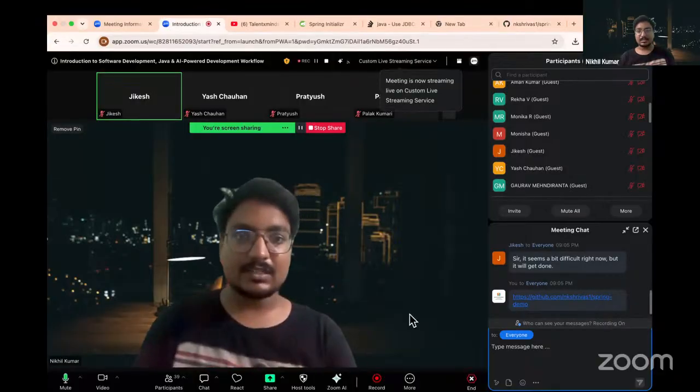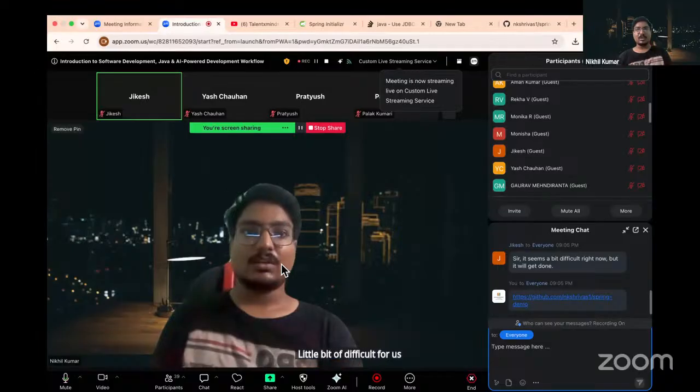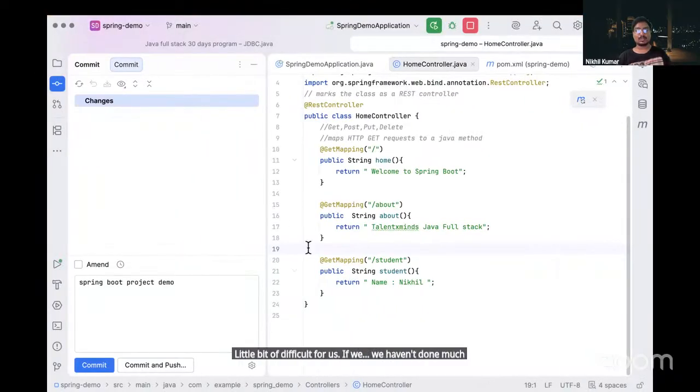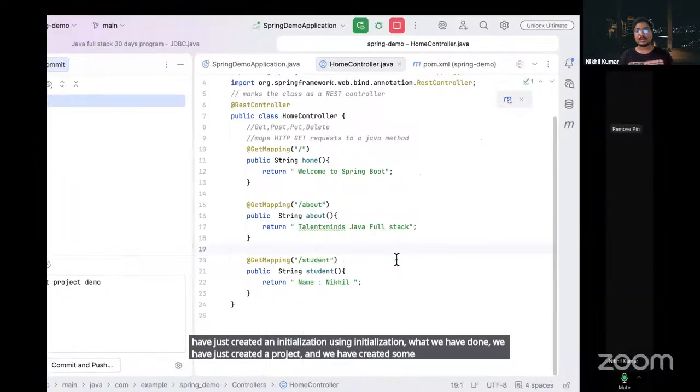Actually, it is a little bit difficult for us to see the value if we haven't done much code today. You can see we haven't done anything right now. We have just created an initialization. Using initialization, we just created a project and some routes here, correct?